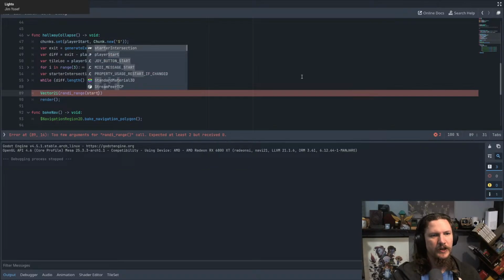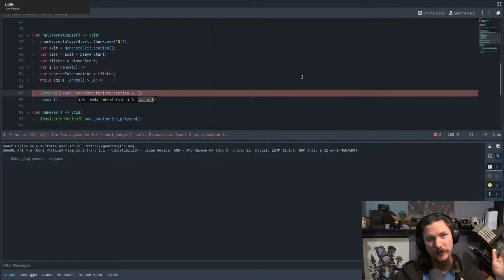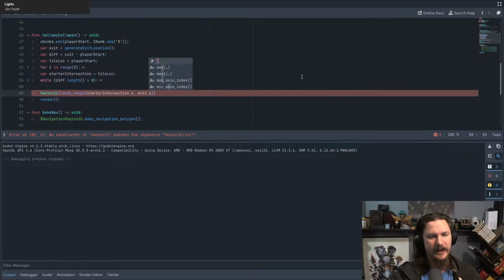Starter intersection. So we've got our starter intersection dot x, and that's going to be the leftmost point, and we need our rightmost point, which is going to be the exit dot x. So this is our range, and then we repeat this,